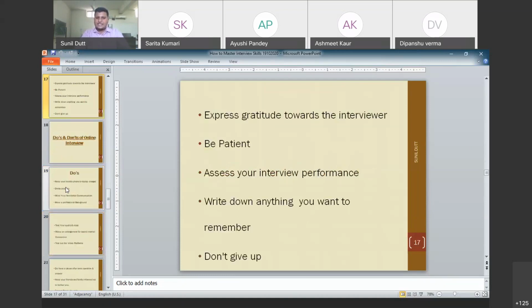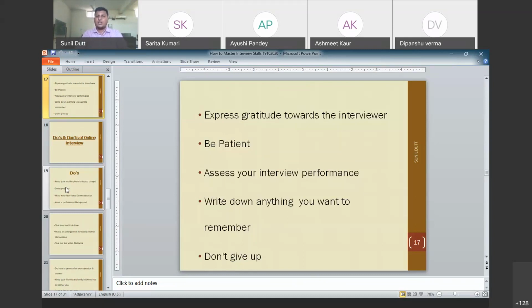So express gratitude towards the interviewer for having even allowed you to appear for the interview, because through scanning, they take out only a limited number of participants out of those who have applied. So it's always required, whether your prospects were good or bad, whether you fared well in the interview or didn't, you still need to thank the interviewer in a beautiful, humble and polite manner,